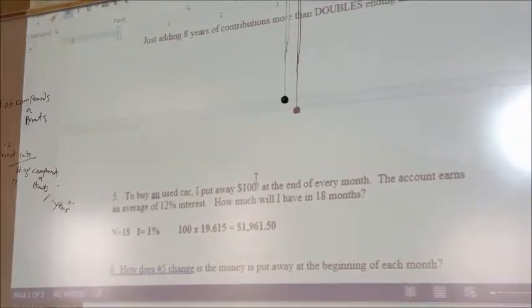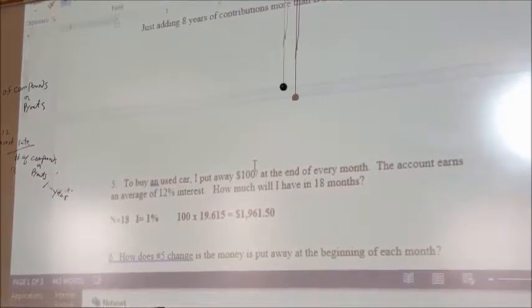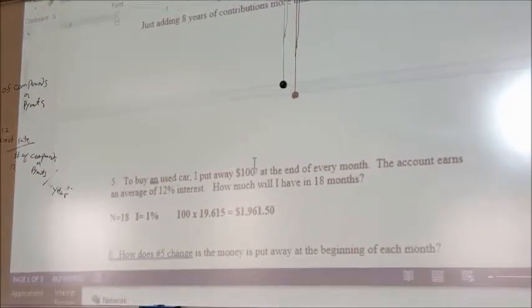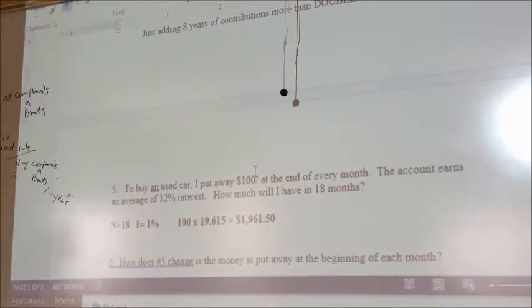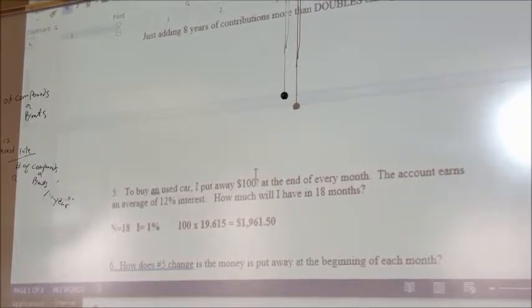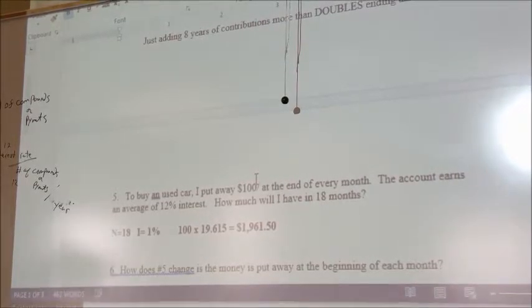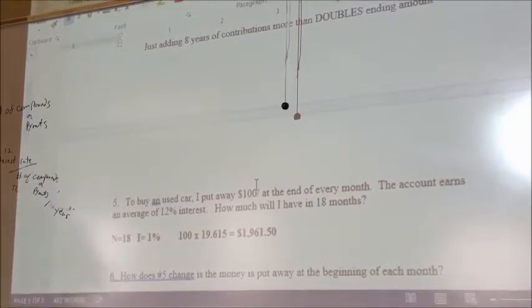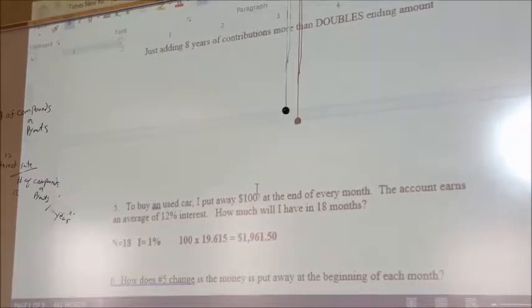The thing that's then different with number 6 is I'm not putting the money away at the end of every month, I'm doing it at the beginning. My charts are not set up for beginning of the month payments. I have to make a little tweak to it. And you should have this on the bottom of your charts. If you don't, I would do it right now. Your charts are set up as ordinary annuity. But if it's an annuity due, as number 6 is,